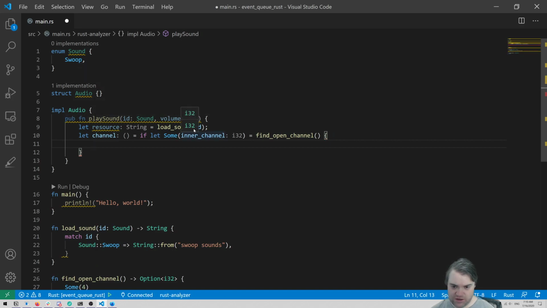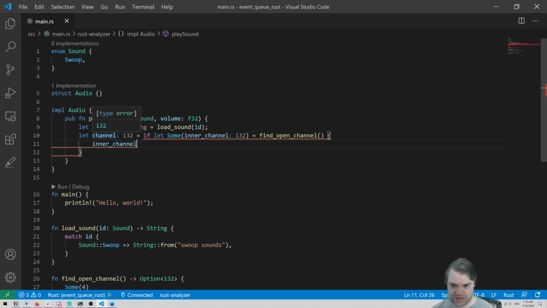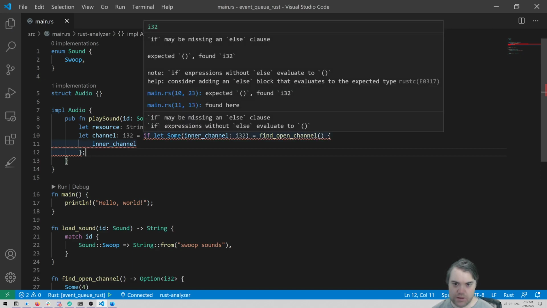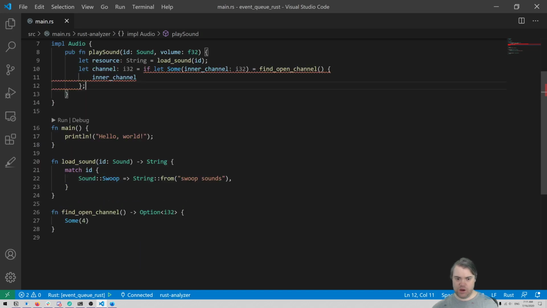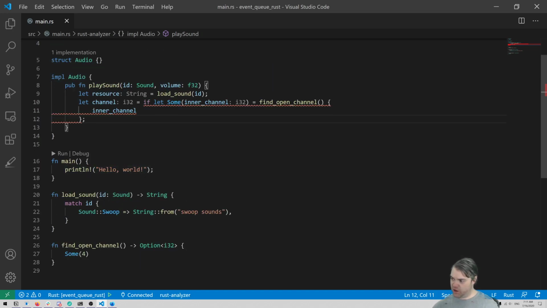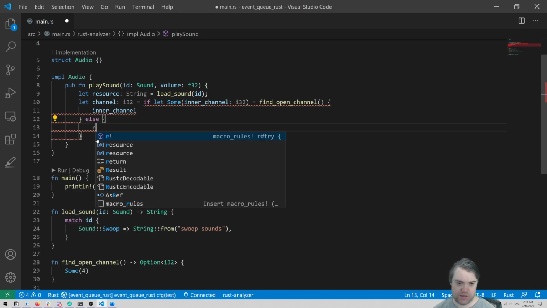now we have inner channel, and we can just return inner channel into channel. All right, what are you upset about? Oh, and semicolon. If expressions without else, if value, oh right, we need an else. Like what happens if we have a problem? So if we have a problem, we're going to want to just do nothing at all, right? We want an early return. So else return,